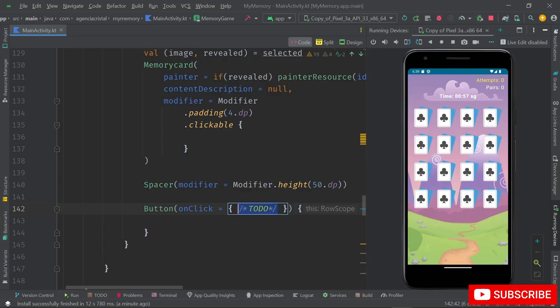Okay. In this place I need to add the algorithm or functionality, and in this I can add more things,